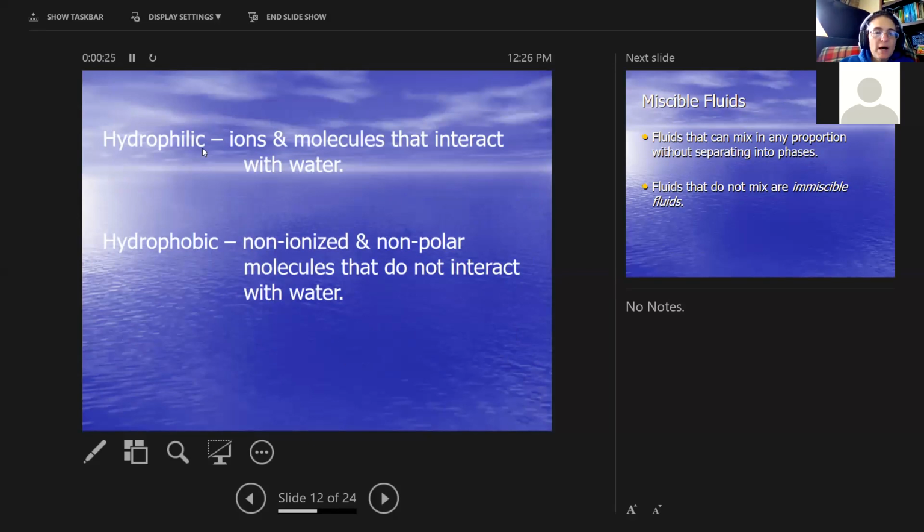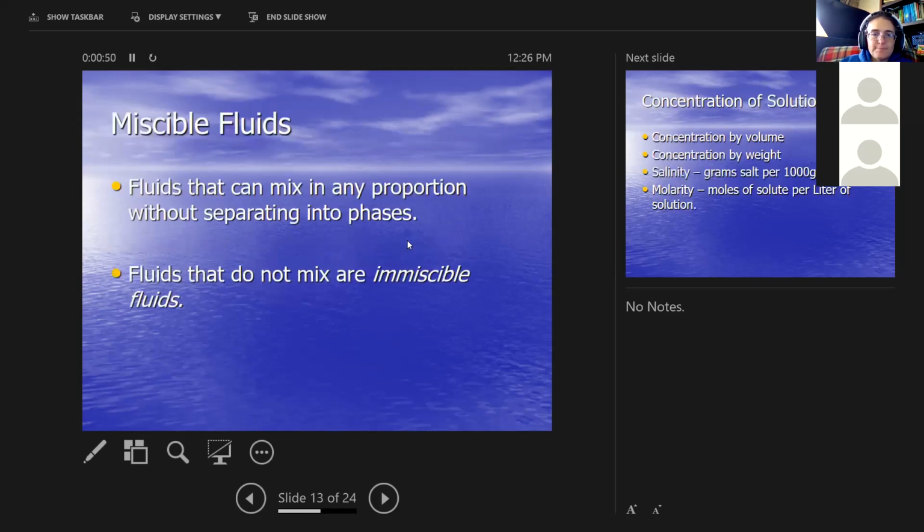So when we talk about water attracting to things, if it's hydrophilic, it is attracted to other things that are hydrophilic, like water. Philic means to love or a lover. Hydro is water, so water loving, hydrophilic. Phobic, phobia, you have a fear of it, so hydrophobic. Hydrophobia is fear of water. So molecules that are hydrophobic are afraid of water and won't interact with it.